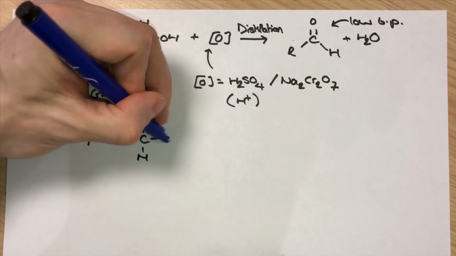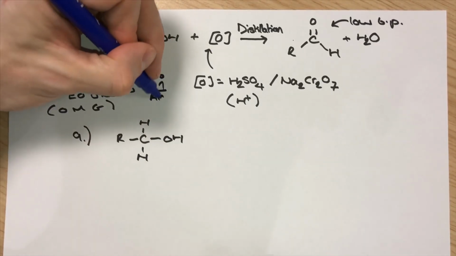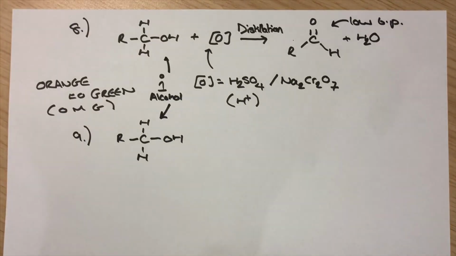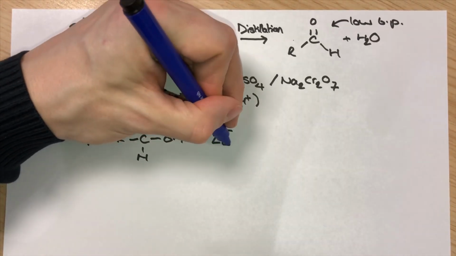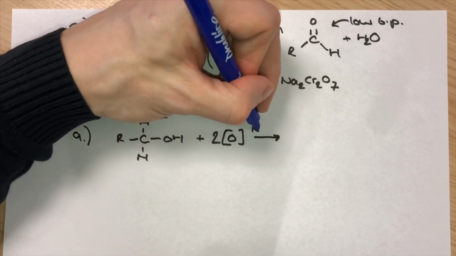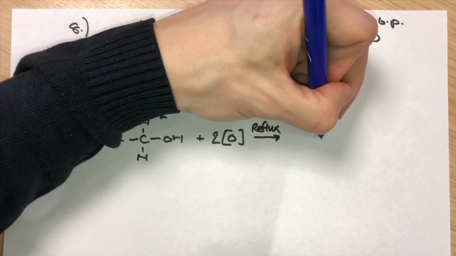Now, an alternative reaction that we can see here is when we take the primary alcohol, and don't forget that I'm using the primary alcohol in the first reaction on this sheet, but also in the second just here. And if I take this primary alcohol and I react it with 2 moles of the oxidizing agent this time, and I fast track it all the way past the aldehyde, right the way through to a carboxylic acid, heating